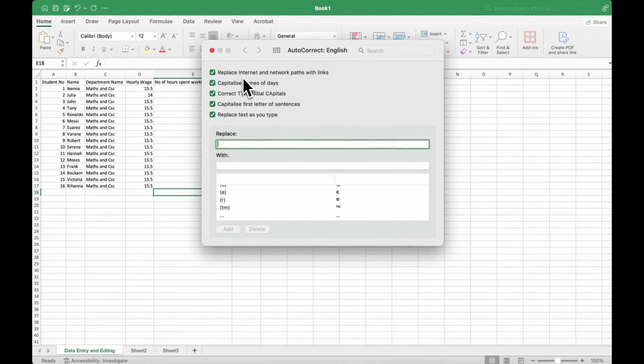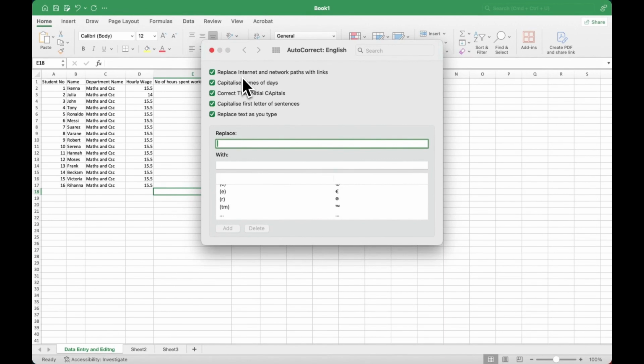Now, under the autocorrect options, there are already some checkboxes. So depending on the errors, you could decide which one to leave checked or which one not to leave checked. So for starters, capitalize names of day. We could test that, but I could also add manual autocorrect